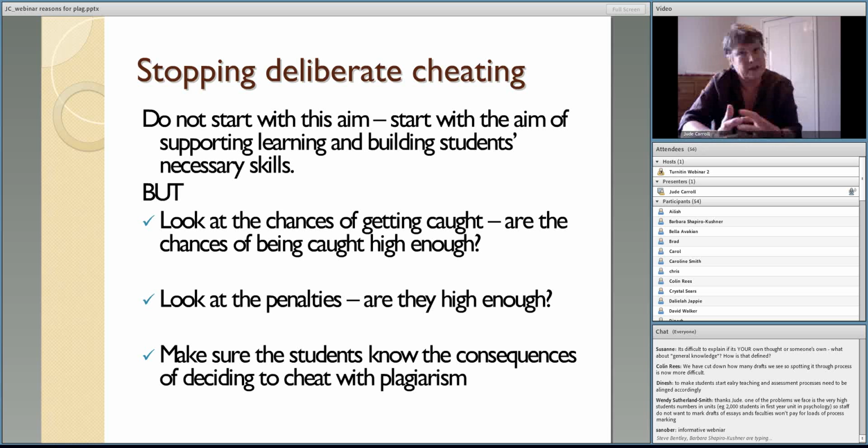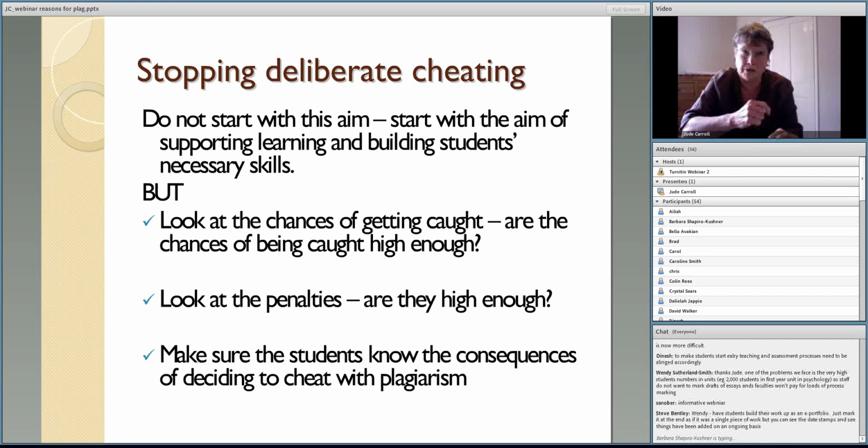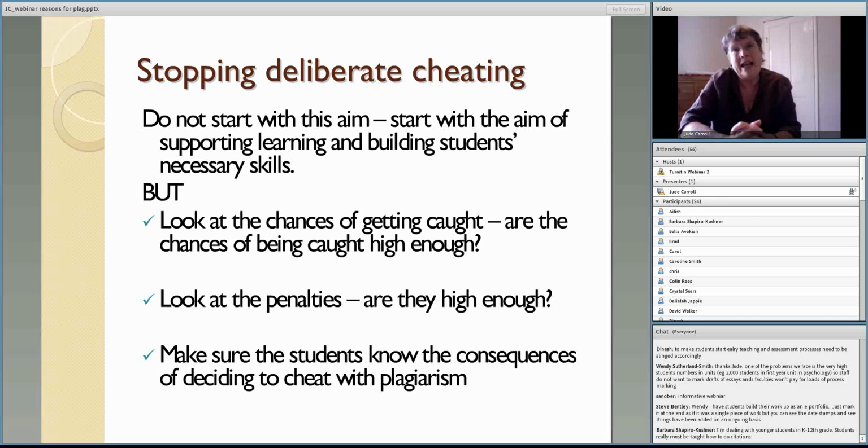Common knowledge is a very difficult one because anybody who's new to a discipline or to a situation or to a context will not have common knowledge. So what's much more useful is to say to the student, can you link this idea or this point or this statement to an identifiable or named person or source? Then you should cite it. You should acknowledge it. If everybody knows this, it's unlikely to be linked to a common or identifiable source. If you had to do some research to find it out, it probably is.